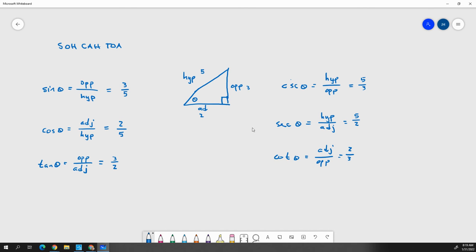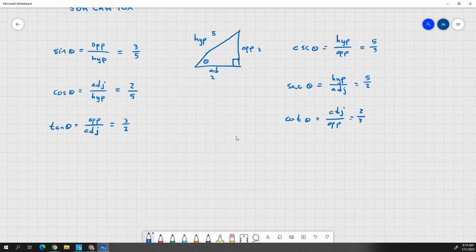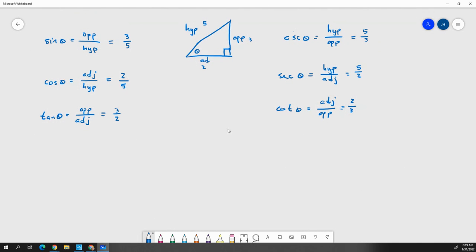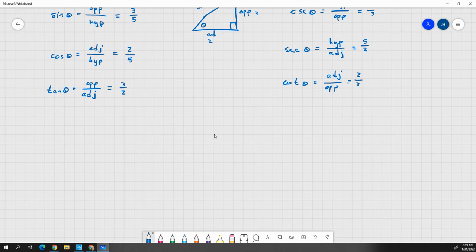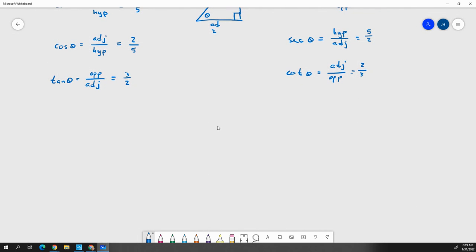Sometimes you're not going to be given all of the sides. But if you look at this, if you have the sides, this is really easy stuff, right? You just go through and figure out, well, which one's which. If you're not given one of the sides, say I'm given a trigonometric function, if we need to,